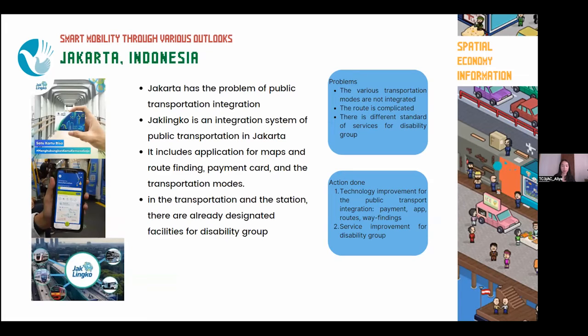Thank you so much, Natalie. Now I'm going to introduce one of the smart mobility implementations in the sense of mobility ecosystem in Jakarta, Indonesia. Jakarta itself has a problem of public transportation integration because we have so many various transportation modes that we can choose as an inhabitant. In recent years, Jaklingko, one of the companies in Jakarta, is an integration system that exists in between the people,